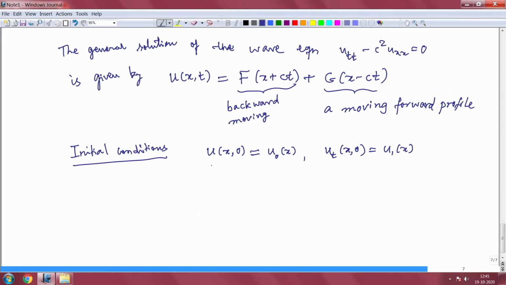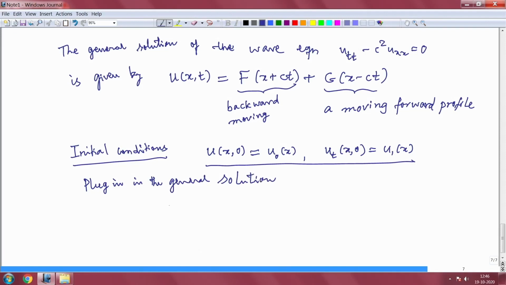So, if you plug in these initial conditions in the general solution, you get u_0(x), I put t equal to 0 here, you see that f of x plus g of x,